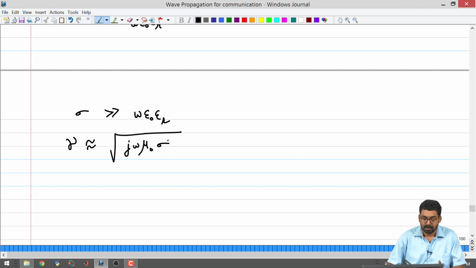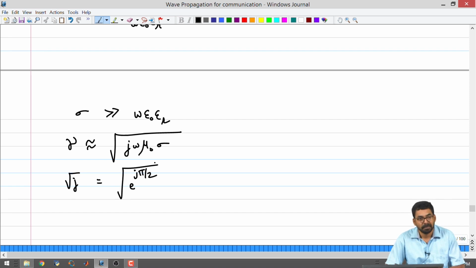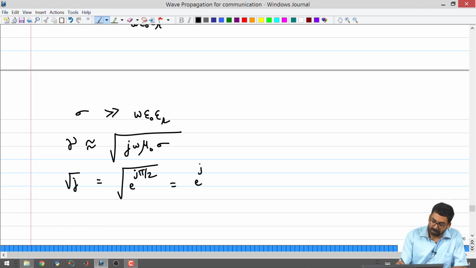Once again, this will have a real and an imaginary part, and square root of j is usually confusing for some students. If you want to write down square root of j, the best way to do this is to make use of Euler's theorem. Write it as e to the j pi by 2, take a square root of that, and this is just e to the j pi by 4,